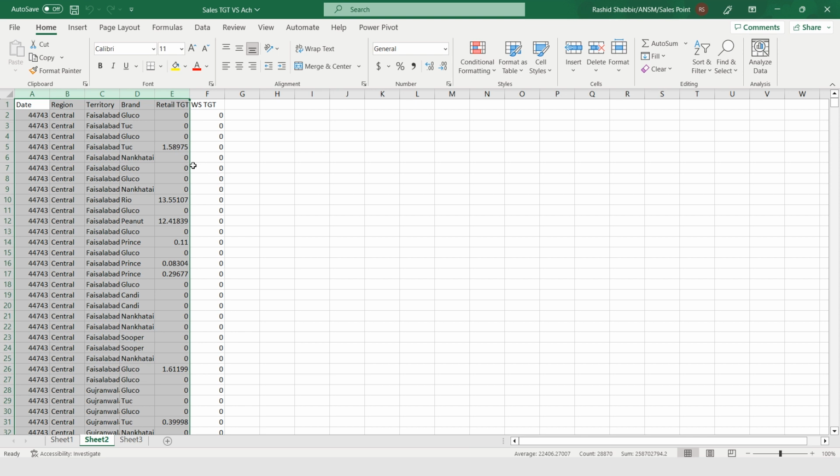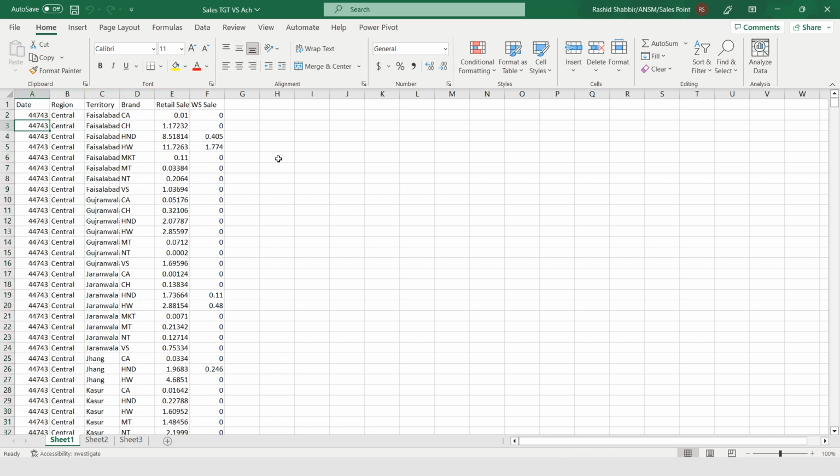So our goal is to connect these tables and create a powerful pivot table to gain valuable insights. But first, let's give our tables some meaningful names, making them easier to track in the future. So I'm just doing some formatting for these tables, so we can understand them clearly.